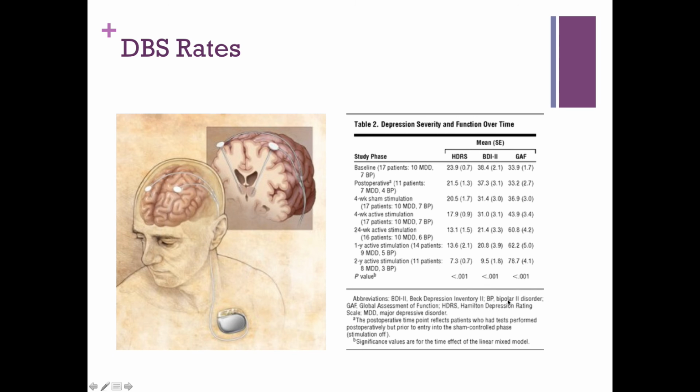Okay, and now you're looking at their Beck Depression Inventory scores and how they're doing. So here's at baseline. You see that they have very high scores on their different depressive rating tests. Post-operatively, we see that rates start to go down a little bit. In the sham group that is not receiving any active stimulation, we see some levels going down. With active stimulation, we see levels going down quite a bit. At 24 weeks, we see levels going down even more, 1 year even more, 2 years even more. So it does seem to be that the longer these electrodes are implanted, the more of an effect this has